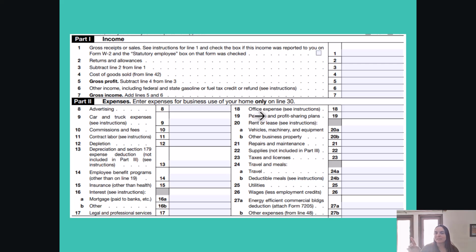Now, if you're in the business of providing entertainment, so if you throw parties and that kind of thing, it's a little bit different. But I'm talking about entertainment like you're going to take customers to a baseball game and you've paid for tickets. Those tickets are technically not deductible. Okay, so we need to have a separate category for that on your books because it's going to allow you,